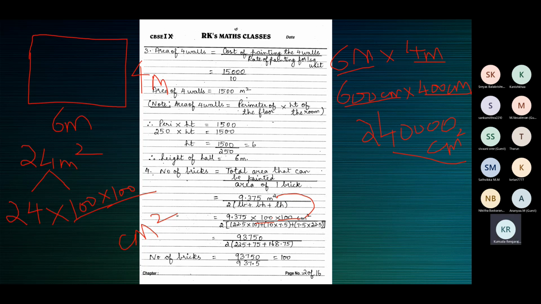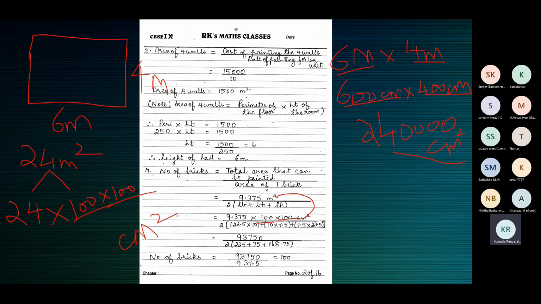There's a choice here. You choose to convert meter square to centimeter square, because to convert meter to centimeter, we have to multiply by 100, not divide, no? So you would like to multiply rather than divide. So we'll convert meter square to centimeter square by multiplying by 100 two times. The denominator is already in centimeter square because all the values are in centimeters.